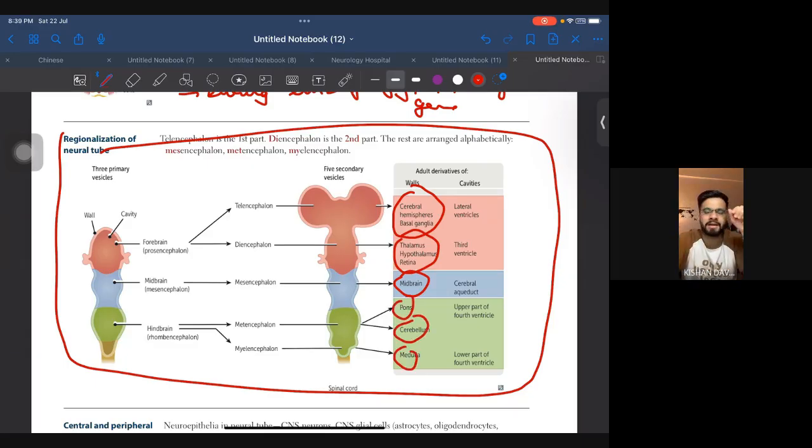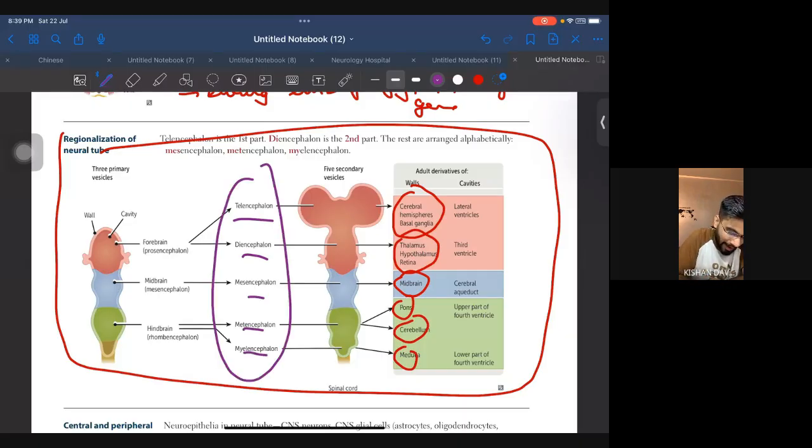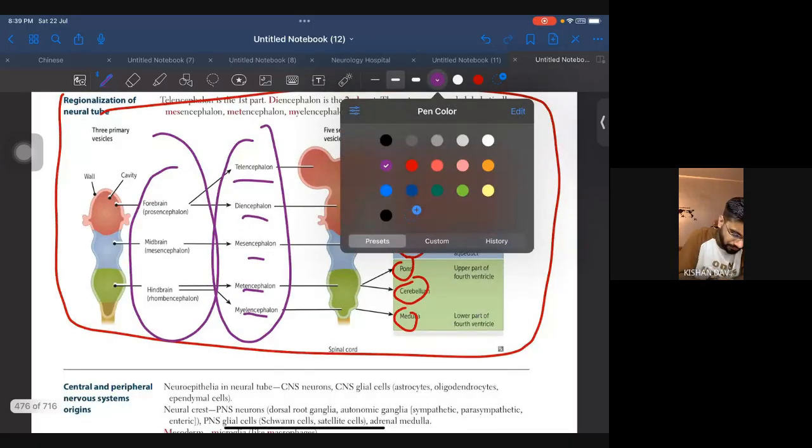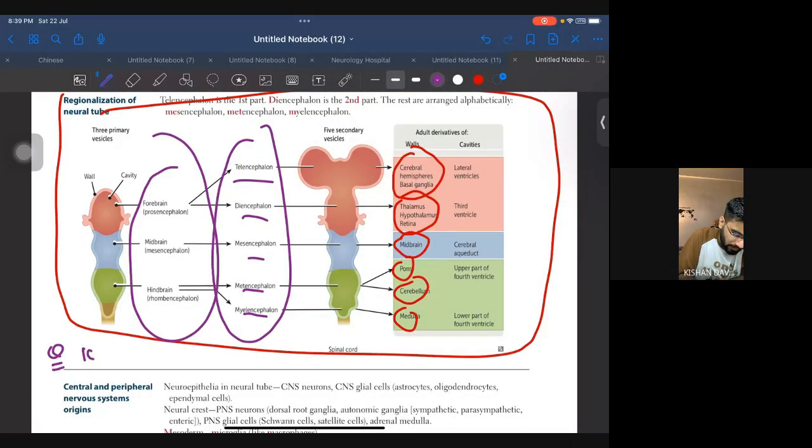At the end of a question you will be asked about the disorder, the pathology involved in this region, and which part it is derived from during the embryology. Okay, this is how they are going to play with you. So you have to remember each and everything, this part also and this part also. I'm repeating, I'll write a question here, how they are going to present it to you. They will give you a 10 line case, plus at the end you will be asked to diagnose,